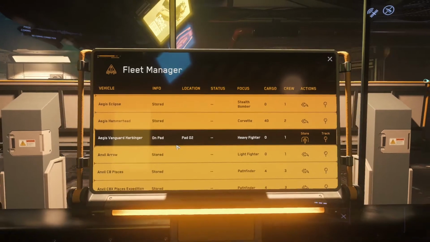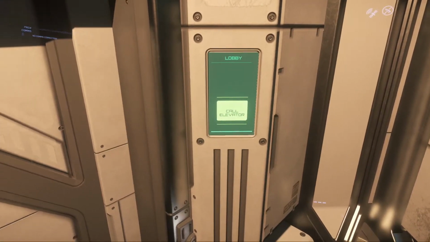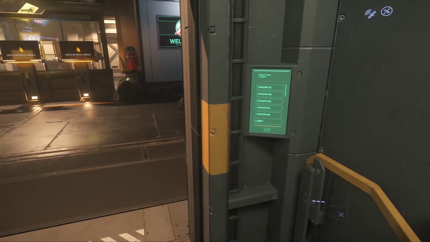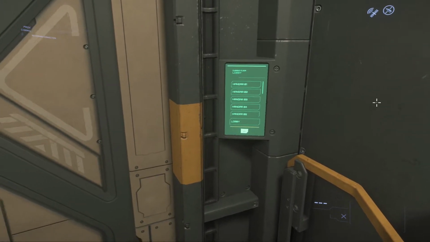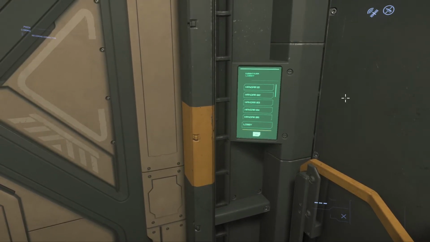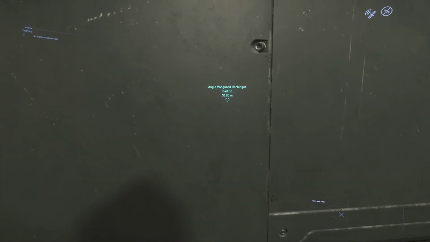Well, if you happen to already make it to the elevator and you have no idea where your ship is, or you've just simply forgotten and you've already pressed a button, what you'll notice is that there is a little indicator over on one of the edges of your screen. Now this might be on the left or the right depending on the orientation of your elevator and where your ship is, but if you look over to the right, this is something that they've incorporated in 3.12, which is